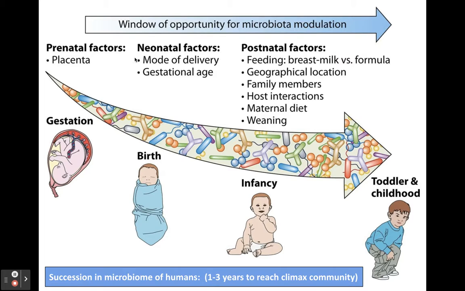And we have several factors that are influential in determining what microbes are going to be found in that baby's gut. The placenta, the type of delivery, the type of food that they eat, where that baby lives, like what family members, probably if they have pets or not in their house. So all of these things lead to differences in the makeup of that gut microbiome, and that can be thought of as ecological succession as well, where we reach a climax community after about 3 years.